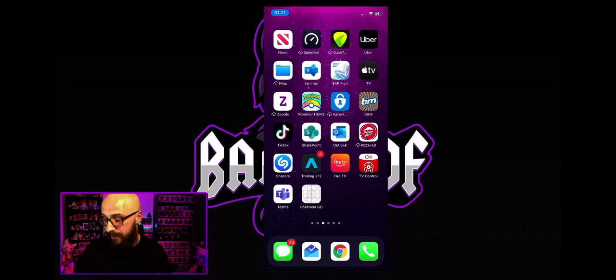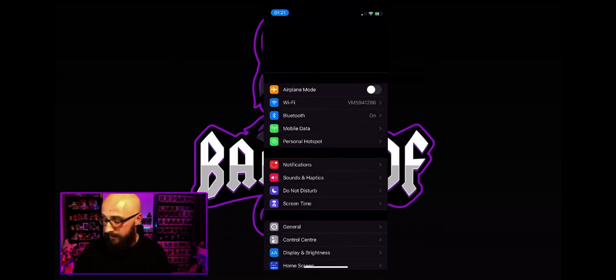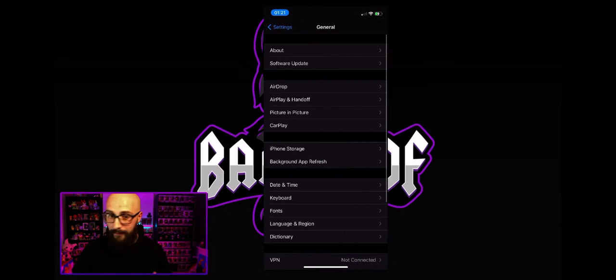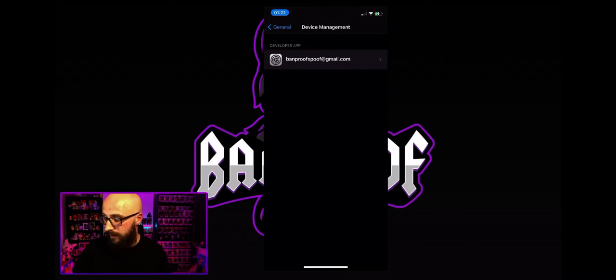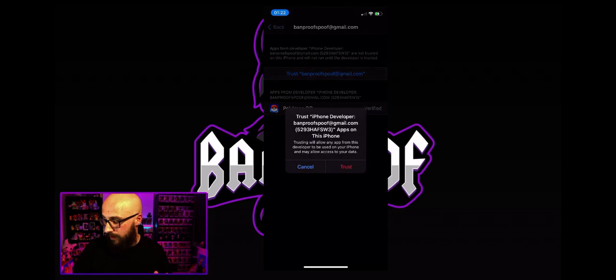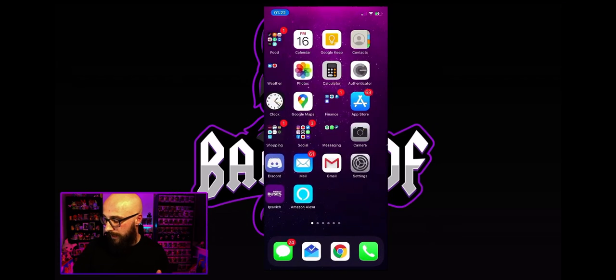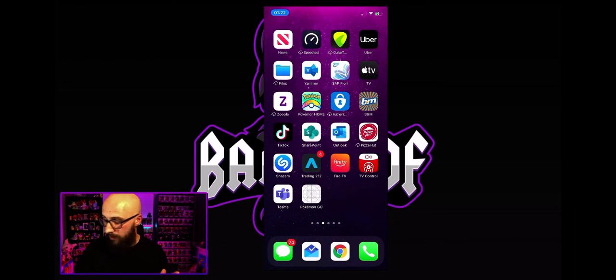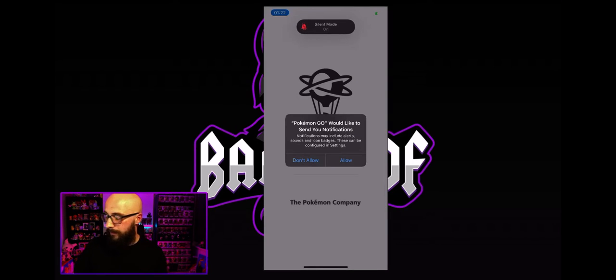So the steps you need to follow are this. You go to the Settings app. From there, you go to General. From there, you scroll to the very bottom and you press Device Management. Under Device Management, you will see the Apple ID that you used to sign your app. You press on there and it will ask you if you want to trust that Apple ID. You press Trust. You tell it you definitely want to trust it. And once you do, you can then go back to your home page, go to the app that you just installed, the Pokemon Go with the weird white logo, press it, and this time it will open and it will install just like you've